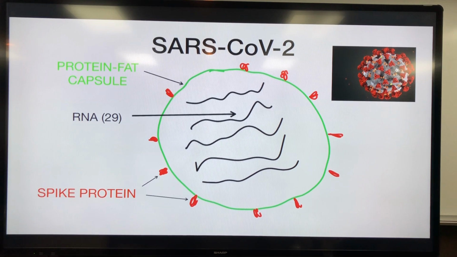The reason I come back to it and draw it is that the spike protein is important to understand what the vaccine does, and you'll see that in a minute. And then in the middle, you've got 29 strands of RNA that codes for 29 different proteins. In contrast, each of our human cells has codes for thousands, millions of proteins. Much more complex than a simple virus. This virus only codes for 29 proteins, or basically the codes for the structures to make more of it and the instructions on how to make that.